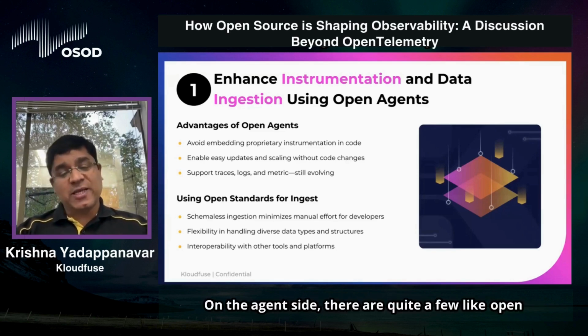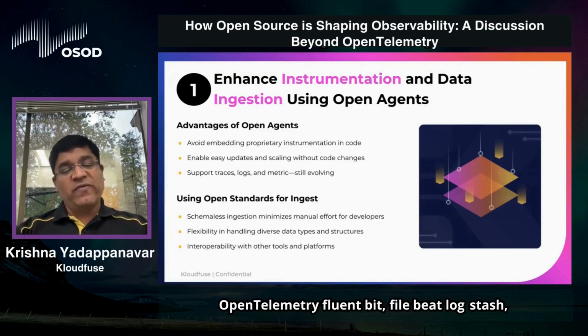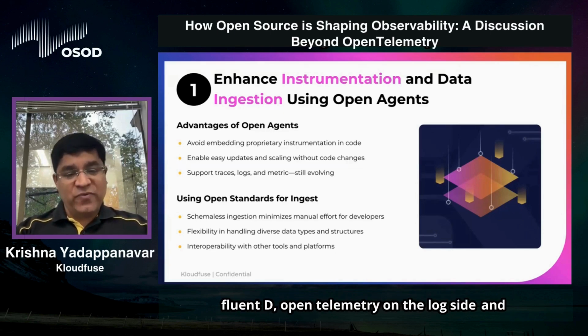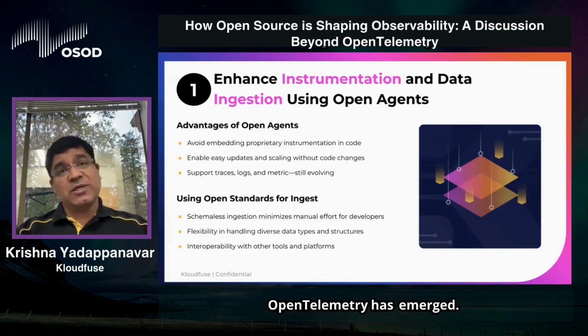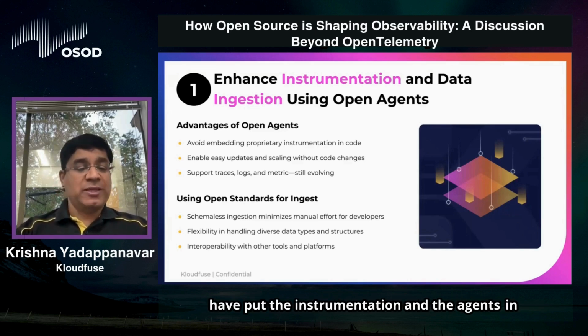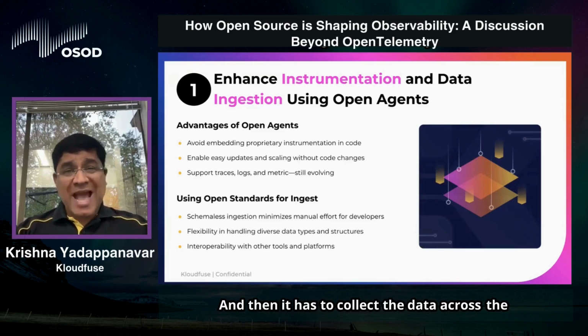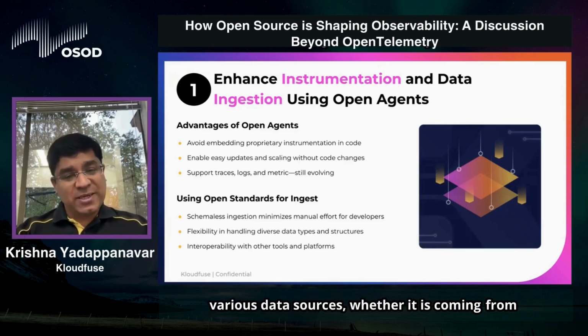On the agent side, there are quite a few open source compatible agents, like the Prometheus remote write on the metric side, and Open FluentBit, FileBeat, Logstash, FluentD, OpenTelemetry on the log side, and OpenTelemetry has emerged. And in fact, most of the commercial vendors also have put the instrumentation and the agents in the open source. And then it has to collect the data across the various data sources,